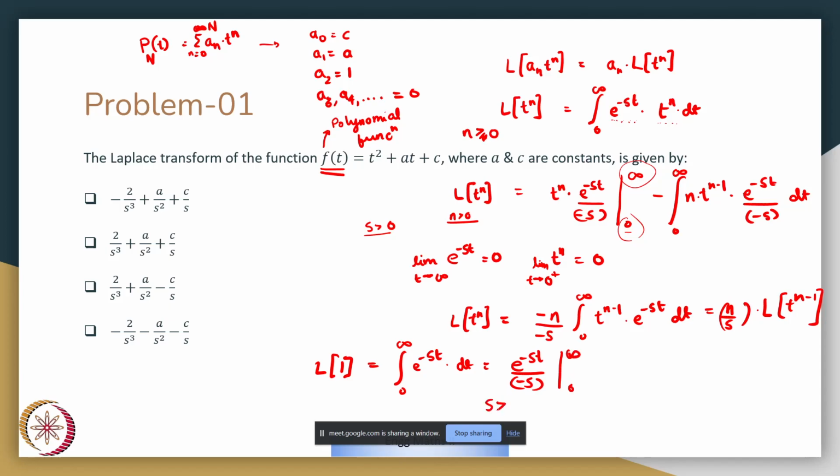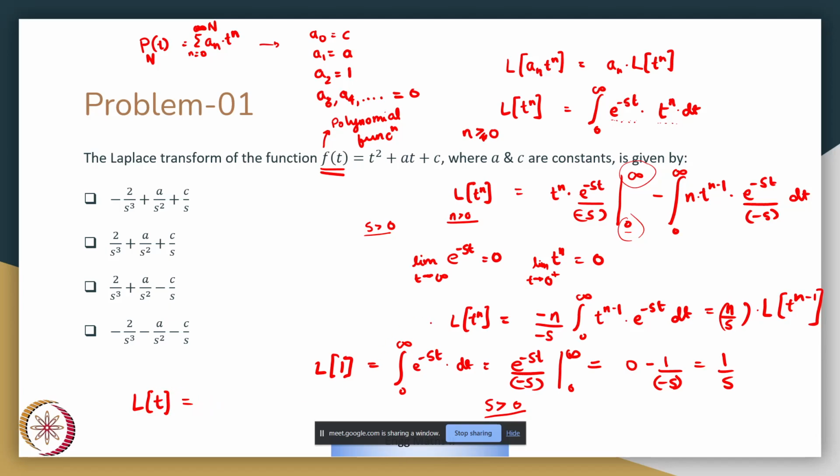Again, we take s greater than 0 for this term to be convergent, because when s is negative, e raised to minus s t will become positive and t is plus infinity. So this whole thing will blow up and not converge. So we again have this restriction s being positive, which gives us 0 minus 1 upon minus s. So this is 1 by s, which gives us Laplace transform of t to be equal to,